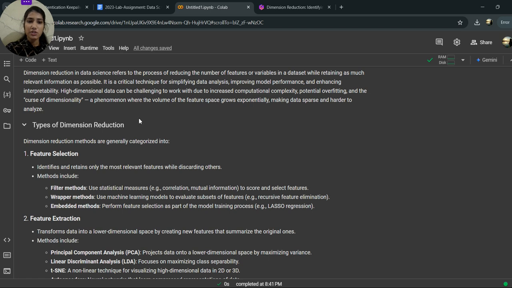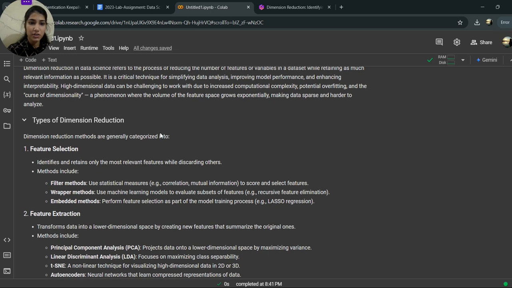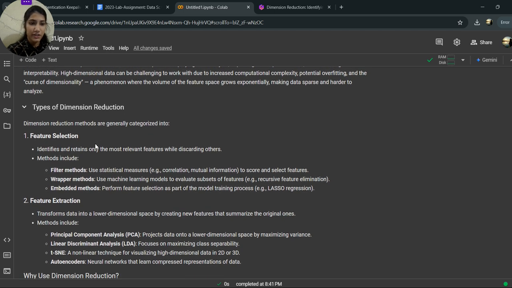High dimensional data can be challenging to work with due to increased computational complexity, potential overfitting, and the curse of dimensionality, which is a phenomenon where the volume of the feature space grows exponentially, making data sparse and harder to analyze. So, types of dimension reduction include feature selection, which identifies and retains only the most relevant features while discarding